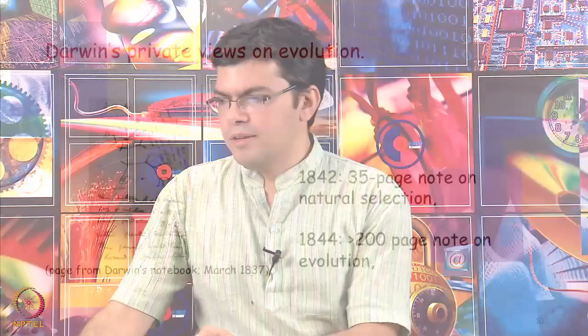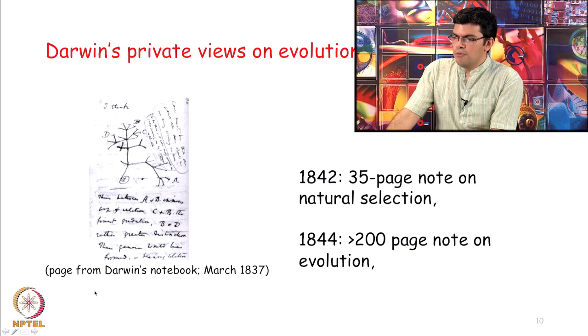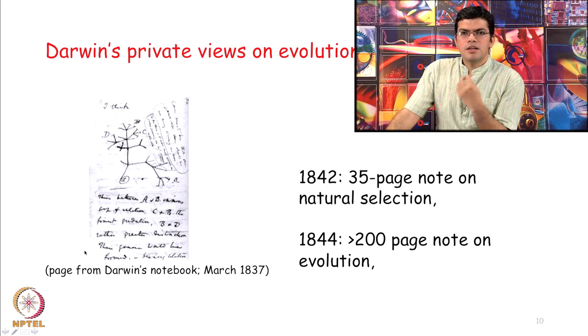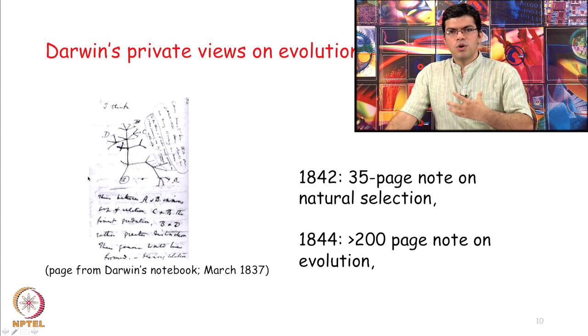In fact, one of the best representations of how this theory of natural selection was taking place in his mind can be found from his notebook page, which he wrote in March 1837, and this is a very iconic picture where he says that species are not immutable, species arise from other species. This change takes place based on the environment that is posed to a particular species,